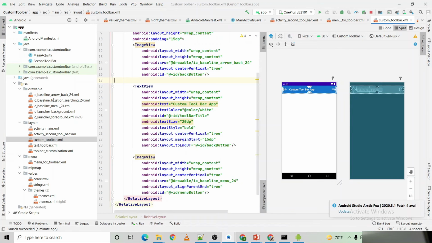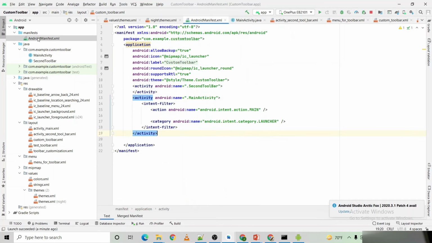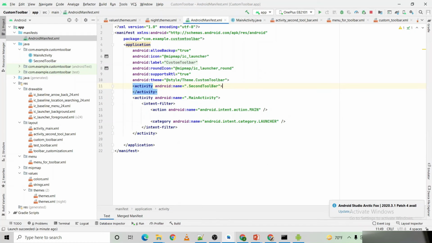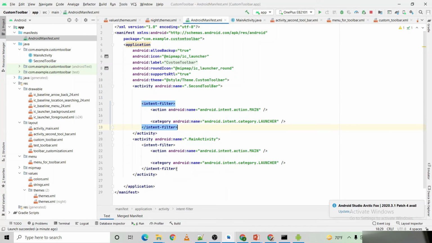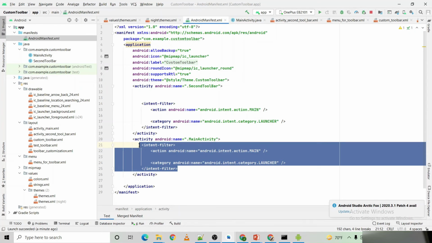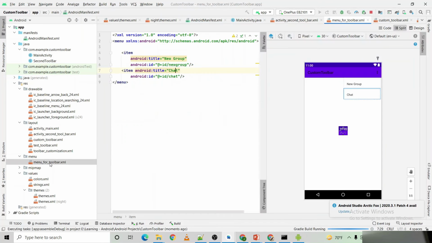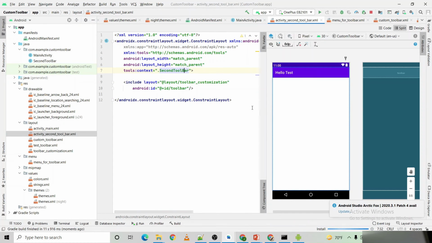So students, for the second program, what we need to do is remove this intent filter from here and paste it inside the second toolbar, and remove it from the main activity file, and then run the app. Now what happens is the second activity will show the very first time, where we have bound the menus, and it's the second activity toolbar, it is here like hello taste. Now let me run the app, and okay, the app is successfully launched.